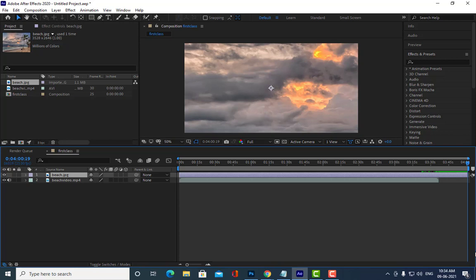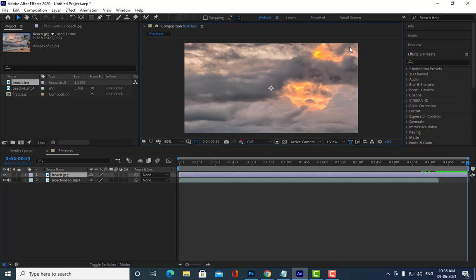Okay, so now see here. Once the moment you put the image and video inside our composition, you can see this area. See, you can see our video and our image actually, but we will be adjusting. We can't see both the things. You can only see one image. So I will show you how to adjust everything.